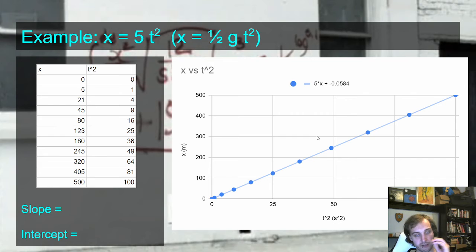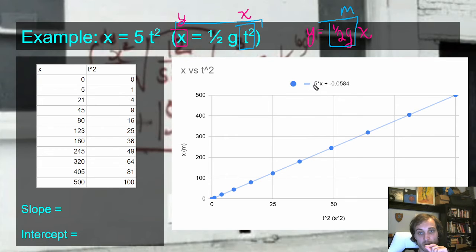So, taking a sec to do it with these two examples. If I look at my equation, the equation that this is actually supposed to be is x equals 1 half g t squared. I need to take my t squared and replace it with x, because that's my x-axis that gave me a line. I need to take my x and replace it with y, because that's the y-axis that gave me a line. When I do that, I'll have y equals some stuff times my x-axis. The some stuff is my slope of this line. So when I look at my solved equation and it's 5 times x,